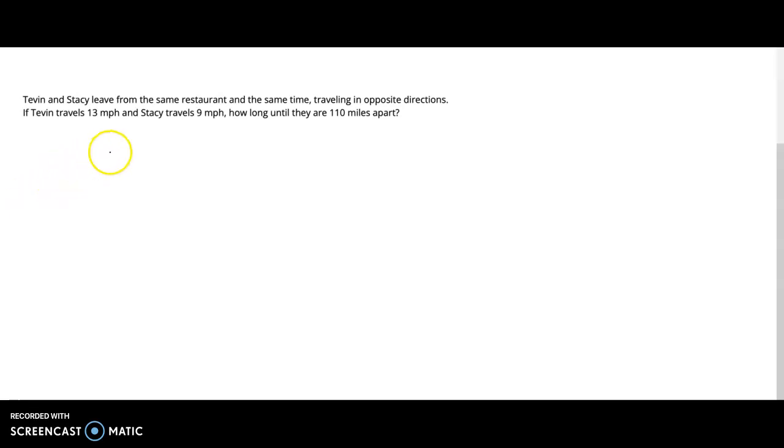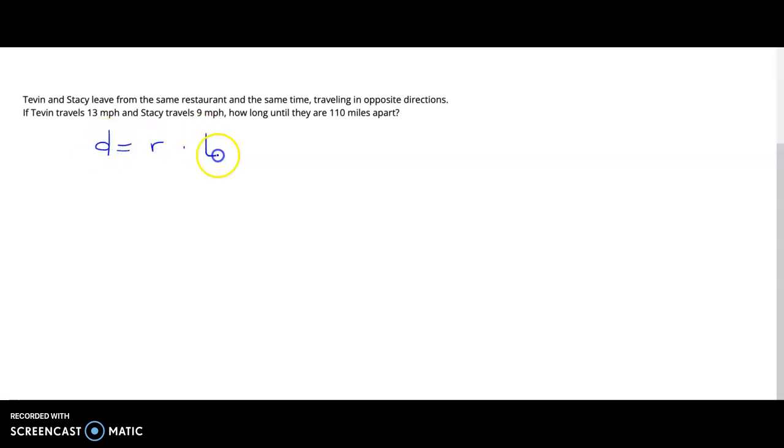Okay, we have Tevin and Stacy that leave from the same restaurant at the same time traveling in opposite directions. If Tevin travels 13 miles per hour and Stacy travels 9 miles per hour, how long until they are 110 miles apart? So because we're dealing with distance, rate, time, we're going to want to use this formula,